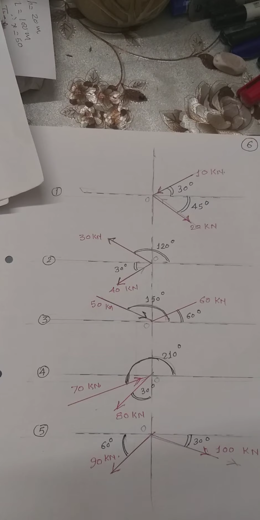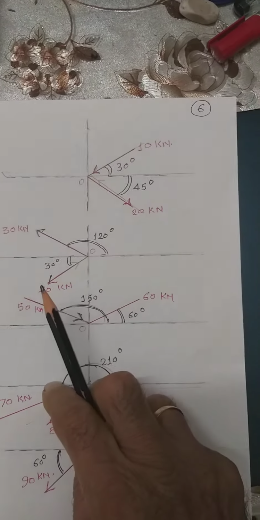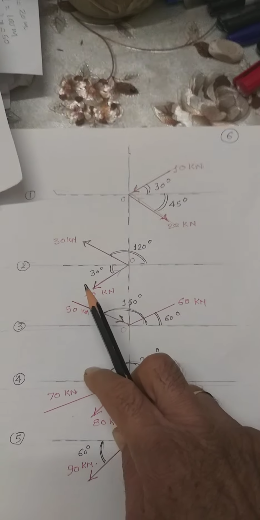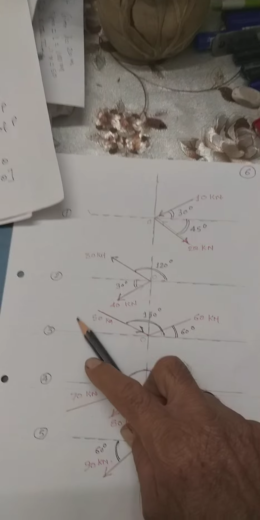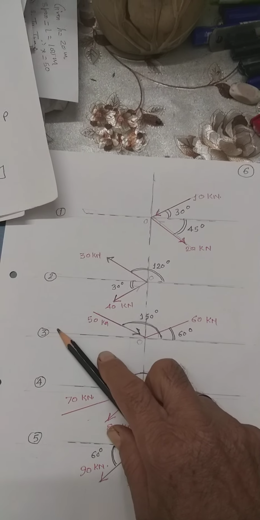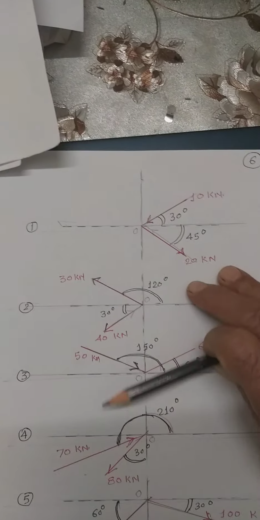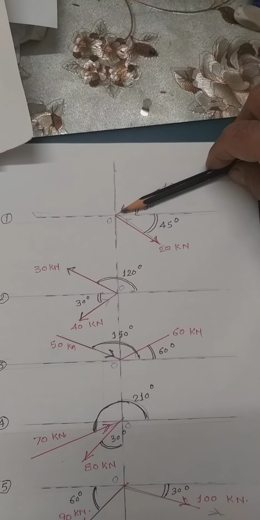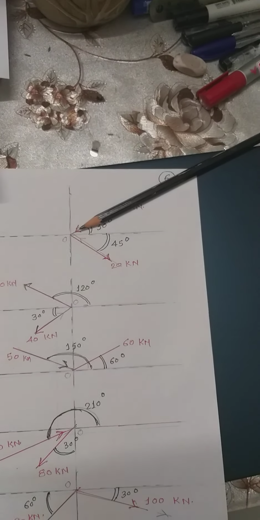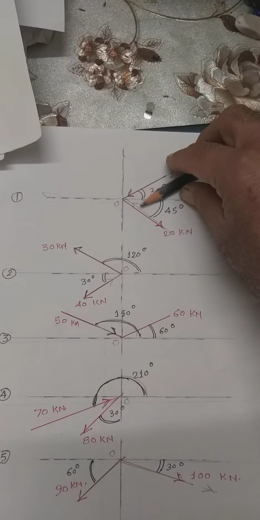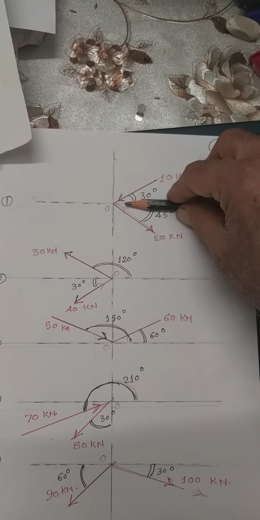Upward positive and downward negative. Now, the question is very simple. How to find out whether the horizontal component is positive or negative, or the vertical component is positive or negative? Very simple. If you know the force is acting in this direction, put the tip of the pen or pencil over here and try to resolve it in this direction. Where the arrow will be facing